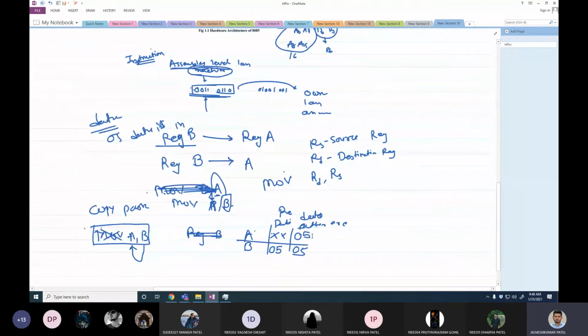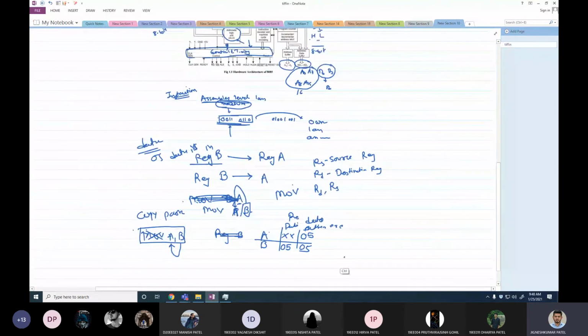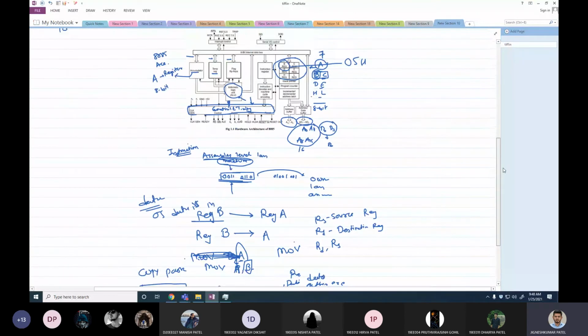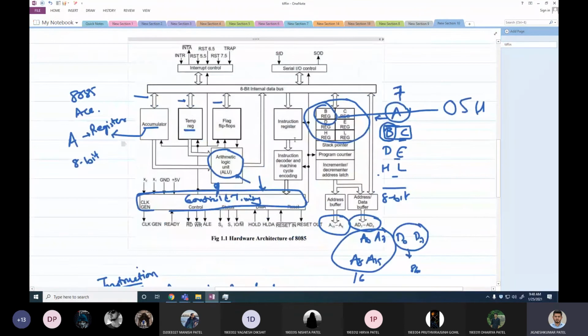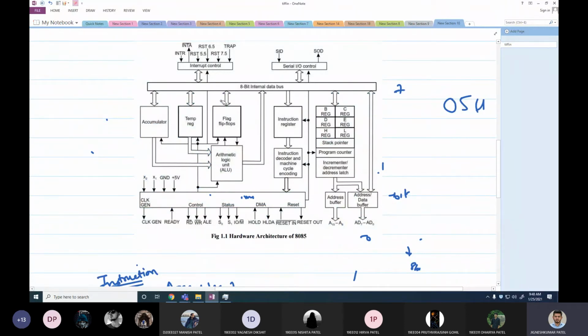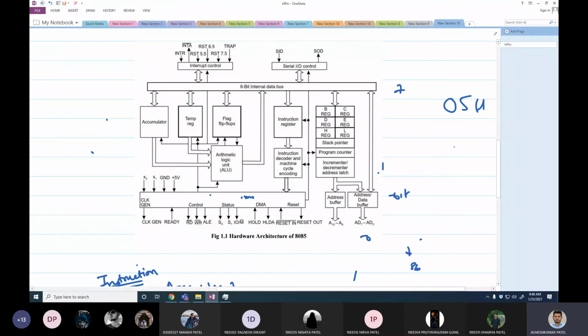Now let's see how this happened in real time. My data was stored inside here, 05.